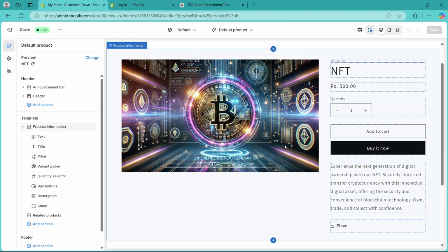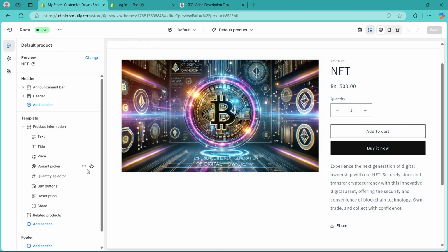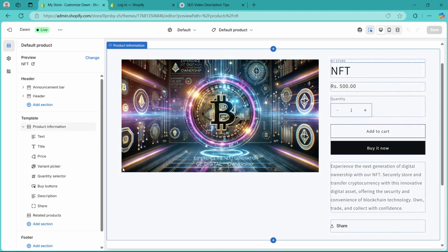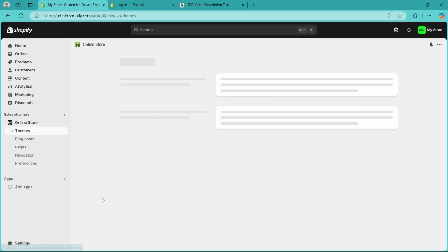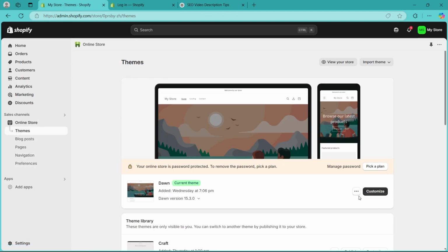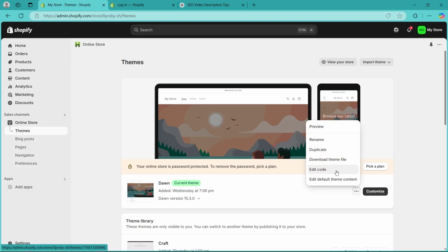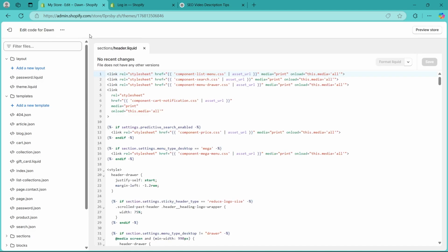Now, step 3 will be adding custom CSS to fix your layout. So if adjusting the theme settings doesn't work for you, you may need to add some custom CSS. So go back from this page, head over to the custom page, click on the three-dotted icon after your theme, click on edit code. Now, here you'll have to find the theme.css or base.css file. So go to the search bar and type in